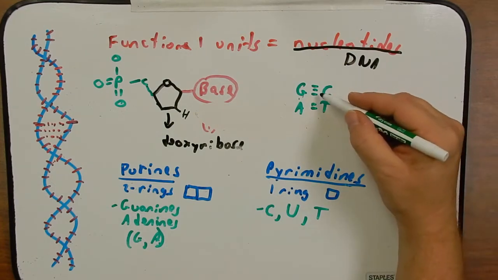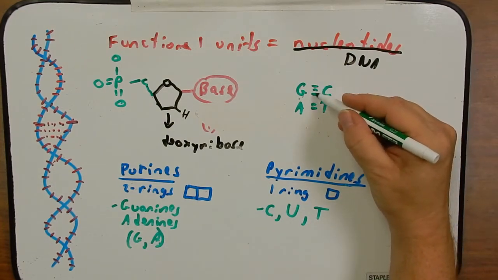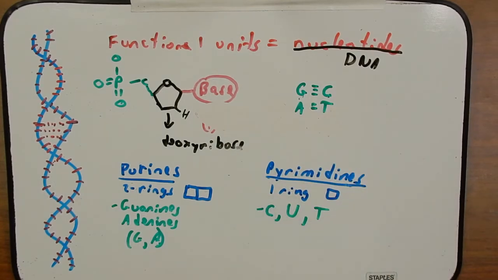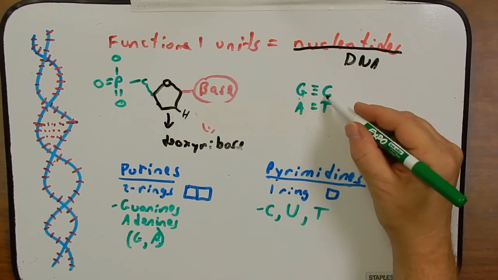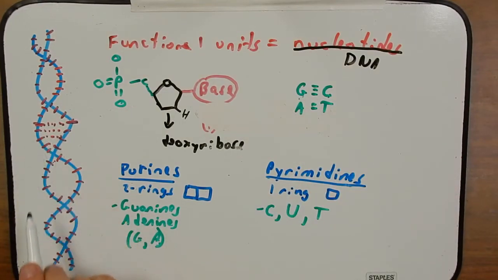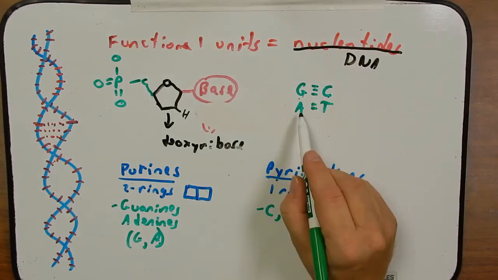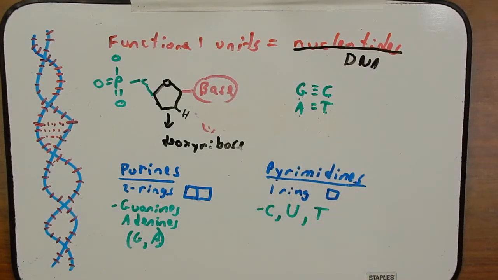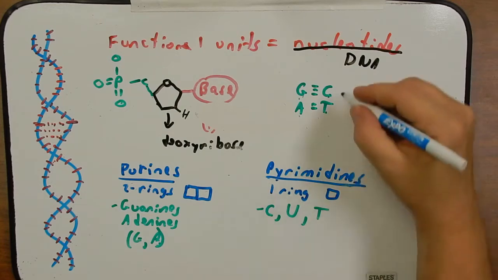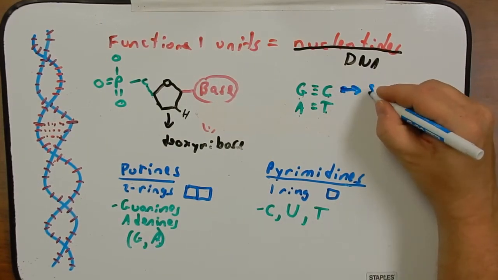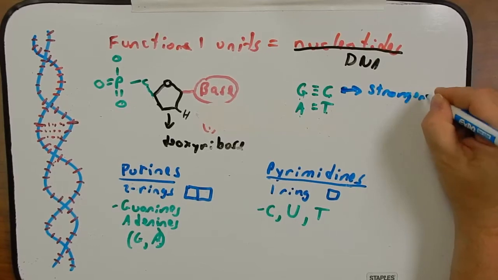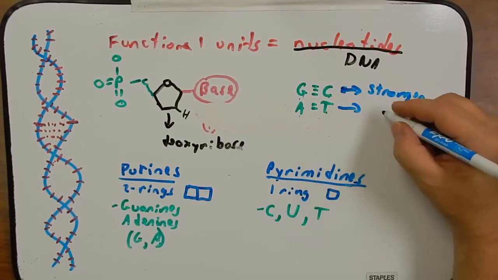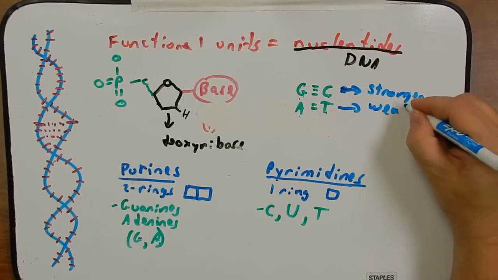You may notice that when I did the G to the C, I put 3 bonds here, 3 lines, and I put 2 here. That wasn't a mistake. That's because when a guanine pairs with a cytosine in DNA, say over here, it forms 3 hydrogen bonds. Over here, adenines and thymines, they form 2 hydrogen bonds. A couple of things to keep in mind about that is that the GC interactions here are stronger. It takes more energy to disrupt them because there's 3 hydrogen bonds versus the 2 hydrogen bonds of AT. So they would be weaker.